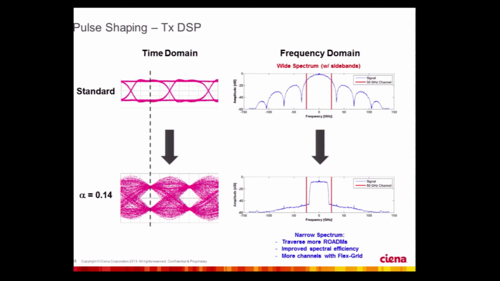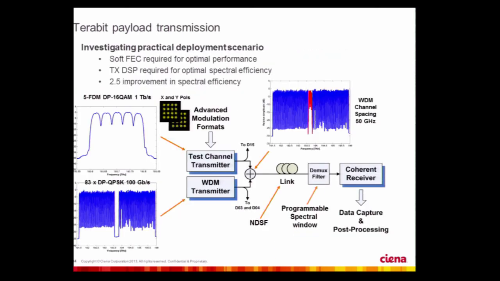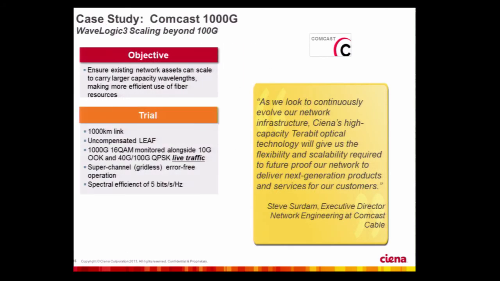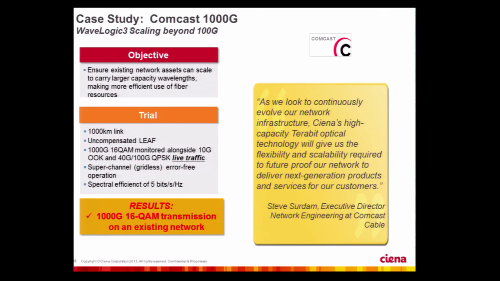This is one of the advantages of the transmit side digital signal processing that I mentioned before. You can do pulse shaping, and that makes your spectrum look more like a square, and by doing that you can move the signal spectra very close together and get a high spectral efficiency. So this is a technique we used, for example, to do a 1 terabit per second transmission experiment in the lab. And recently we also have done this in the field with one of the networks that we built, which is Comcast in the US.